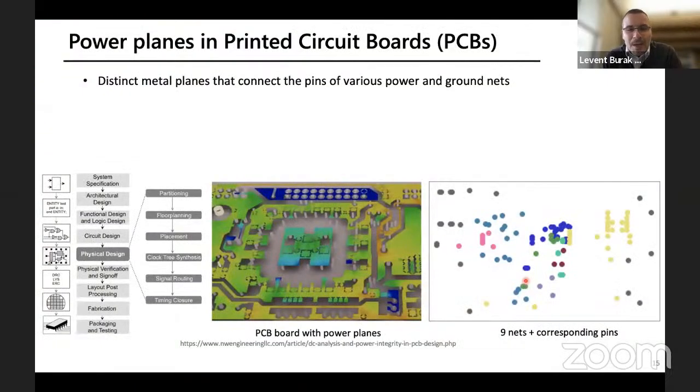So the problem that we're faced with here is the design of what are called power planes in printed circuit boards. These power planes are part of, if you think about the entire EDA pipeline, the physical design of the board, in which you need to lay down and design what are shown as green planes. These planes are metallic planes that carry various power levels to power the signal nets, as well as ground nets for grounding your voltages.